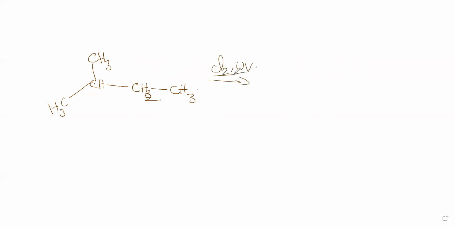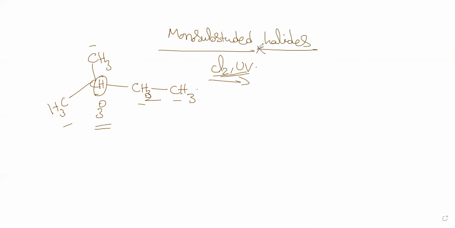Cl2 with UV, if I put, I'll ask you, out of these 1, 2, 3, 4, 5 carbons, where do you expect the first substitution will happen? So the first substitution happens at the tertiary carbon. Okay, that's how the question can come. Or the major product will be the tertiary product. So I'll write that mono substituted halides.